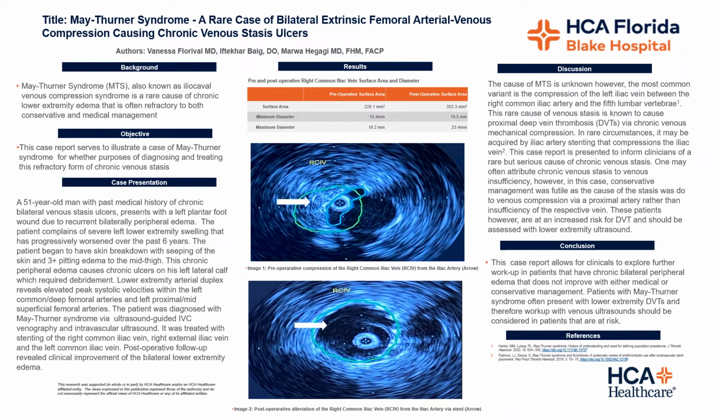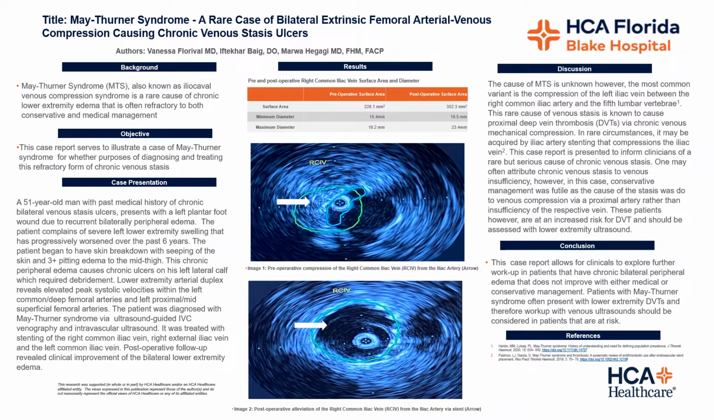The objective of this case report is to illustrate the cause of May-Thurner syndrome, as well as diagnosis, workup, management, and screening. This case presentation illustrates a 51-year-old man with past family history of chronic bilateral venous stasis ulcer who presented with